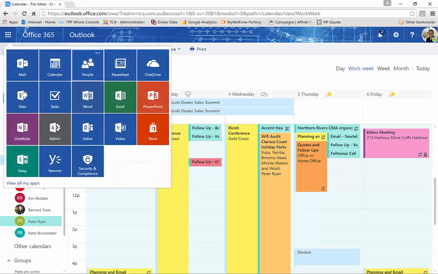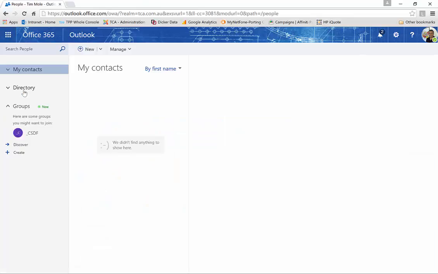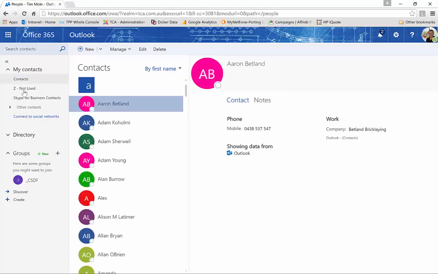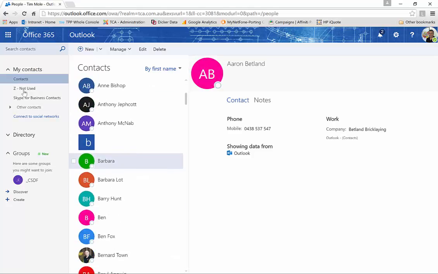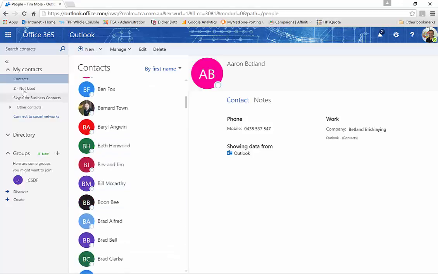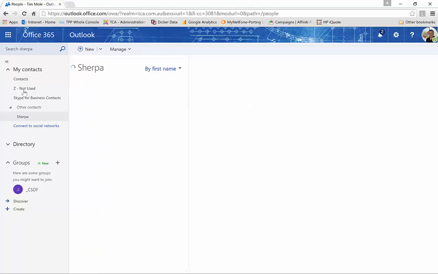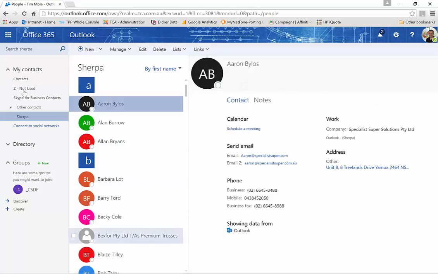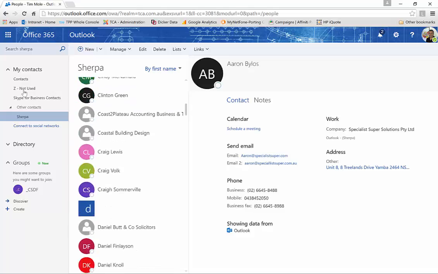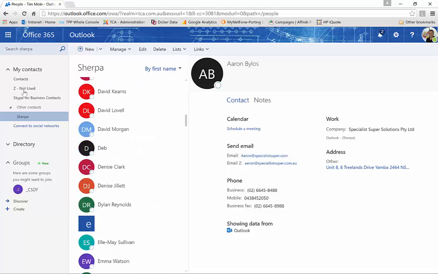The third thing is people. What I can do inside of people here, this is where you put all your contacts. So in my case here, I've broken it into a couple of contacts. I've got my standard everyday contacts. These are people that I deal with on a regular basis, some personal, some business. And then I've also got some other accounts in here that are tied back into our system. So I've got other accounts, and there's no limit to the number of contacts you can put inside of your groups. When you're creating email, these contacts, or people as they're referred to in Outlook, are the people that you can